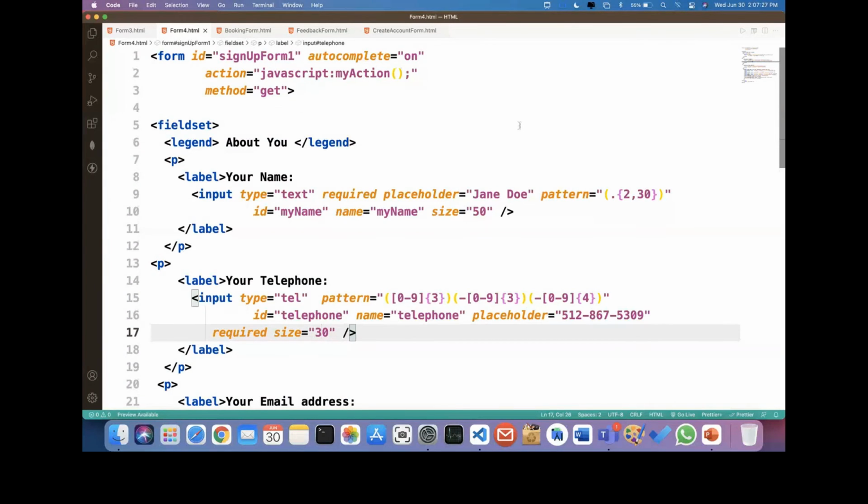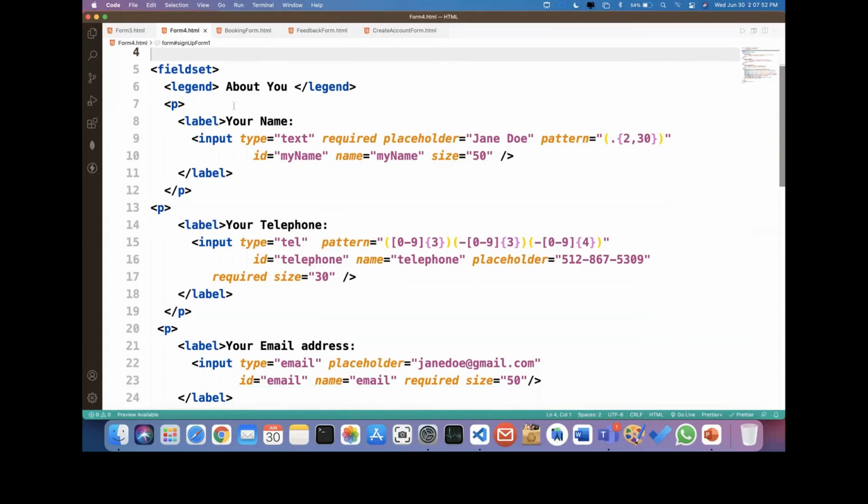Now let's go for our new input types. Here you can see I have put this kind of structure. Action is equal to JavaScript my action. I want to call this function when I submit this form. Forget about this right now, we just go for the output.